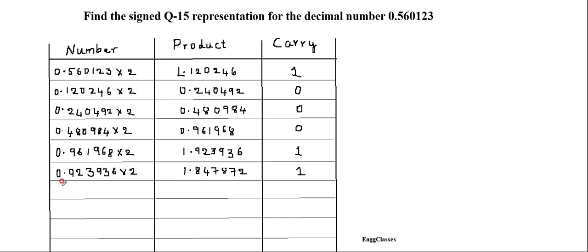Next, leaving the carry bit, I would write the number as 0.847872. This number I would multiply with 2, and I'm going to get 1.695144 as the answer. And the carry bit I'm going to get as 1, and the number I'm going to get as